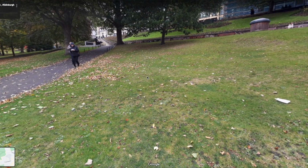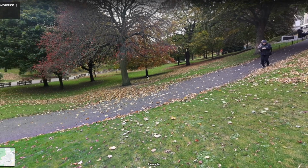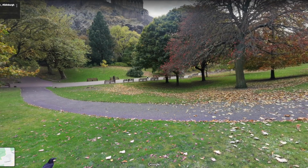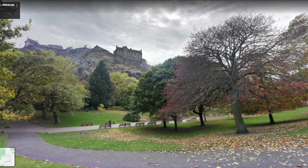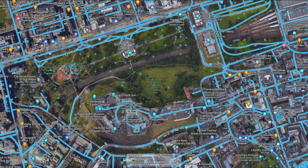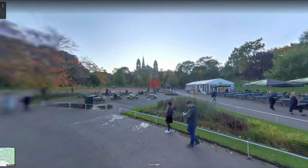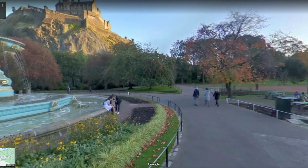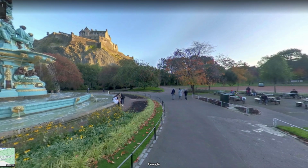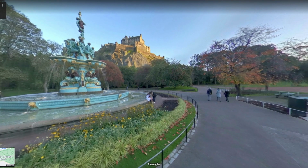So nice grassy area. There's a cute little statue of a bear up top that I recommend you stopping to check out. And of course, as we turn around, you will see the most beautiful castle in the world. So Edinburgh Castle looks down on the beautiful and green Princess Street Gardens. There is several beautiful views of the castle as we go, as well as a beautiful fountain. So you can see the ends of Princess Street Gardens where the church is. And as we turn, we see the lovely water fountain, and then, of course, the majestic